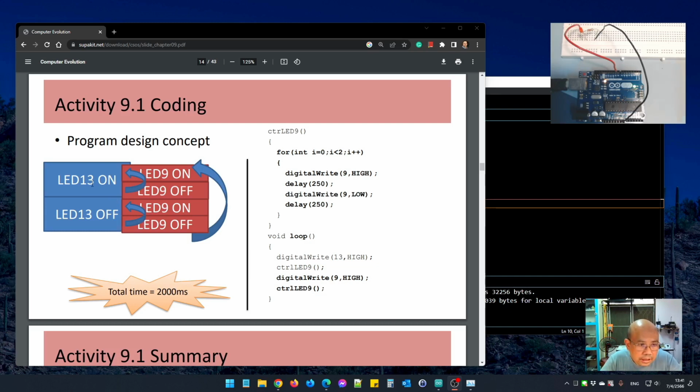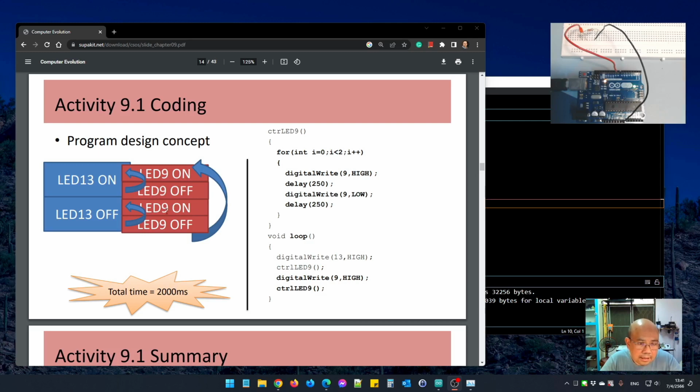LED 13 turns on and off at 1000 milliseconds, and during that, LED 9 turns on and off at